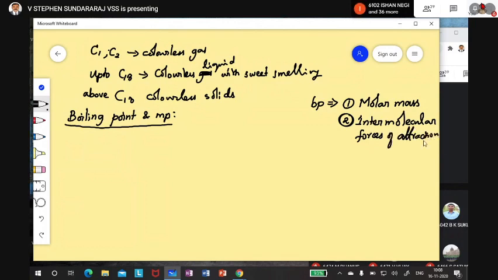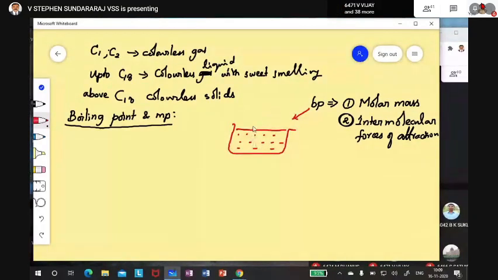Don't apply the intermolecular forces first itself, because first you need to understand what boiling is. Boiling means moving the particles away from each other. They are already liquid. Inside the liquid they are moving, but they cannot come out. Boiling means they should get some energy to break the intermolecular force and come out. So they have to become gas.